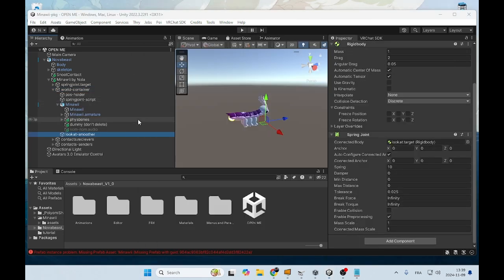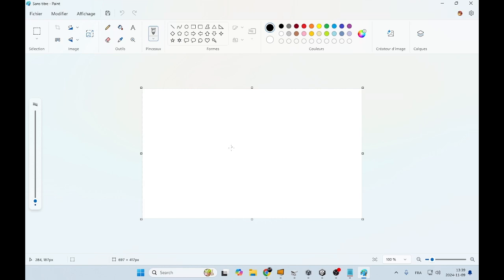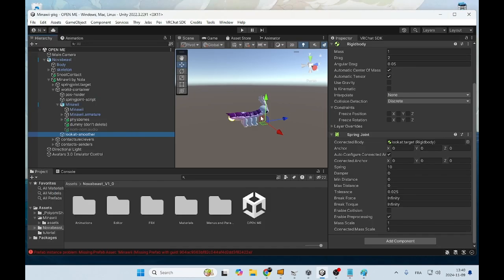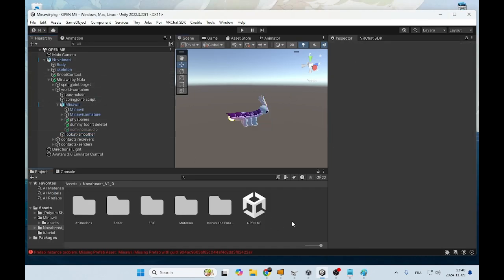So if I open Paint, for example, I got my avatar here, beautiful, and then my Minawii right here. So if my avatar goes here, I want the Minawii to go over here, but it needs to be smooth, and it needs to follow the avatar, if you know what I mean. So the way you do that is if I go back into tutorial,